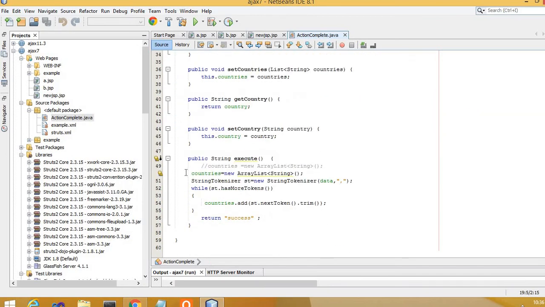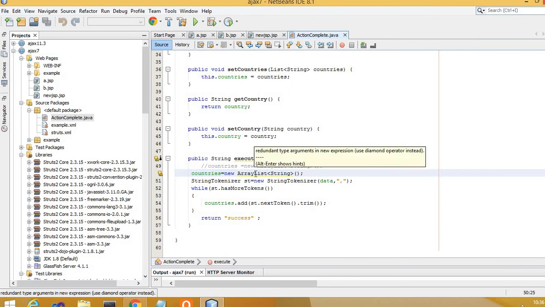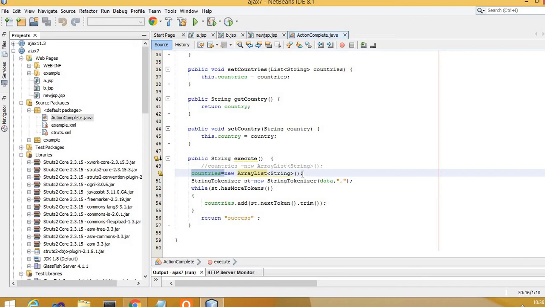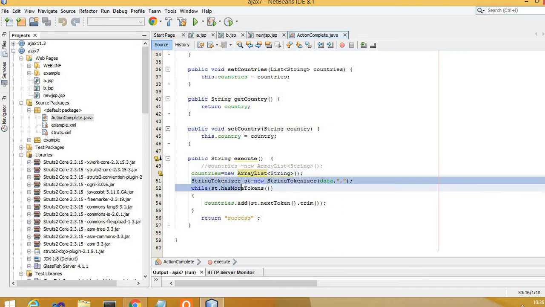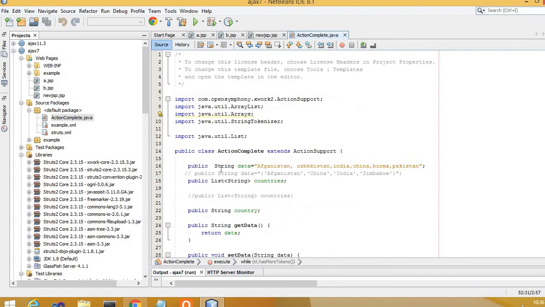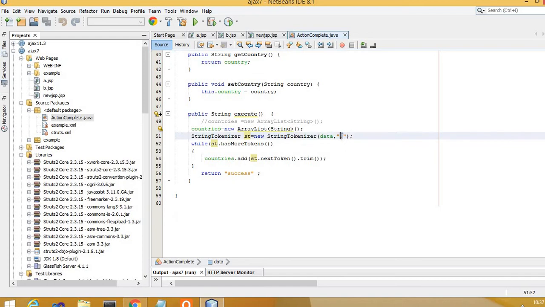And StringTokenizer is invoked, that is st, a new StringTokenizer with whatever data we have taken here, and we are going to separate it out with the help of the token called comma. We process this inside the while loop, and while st has next token, we keep on adding it to countries and then return success.